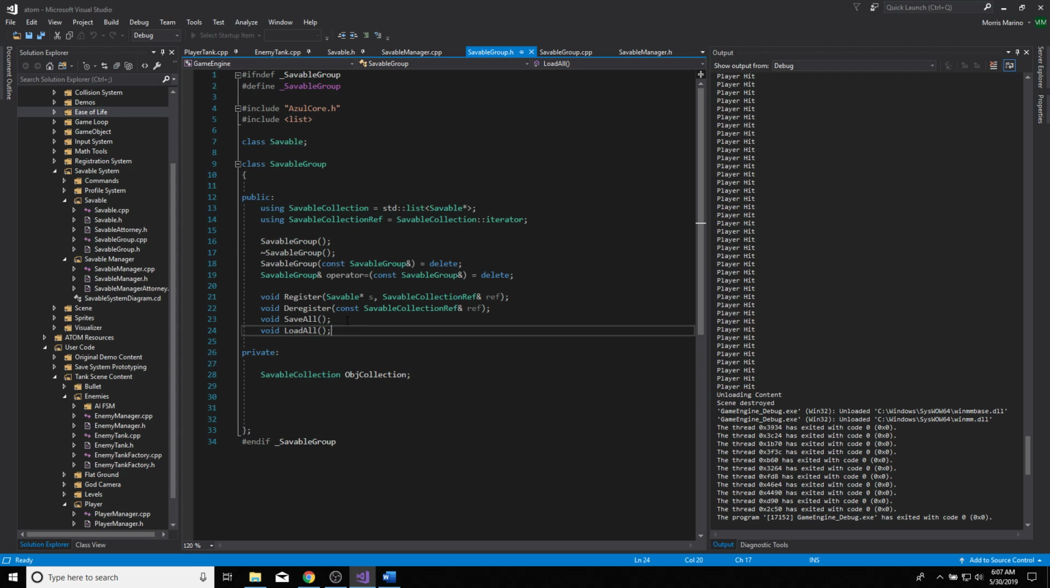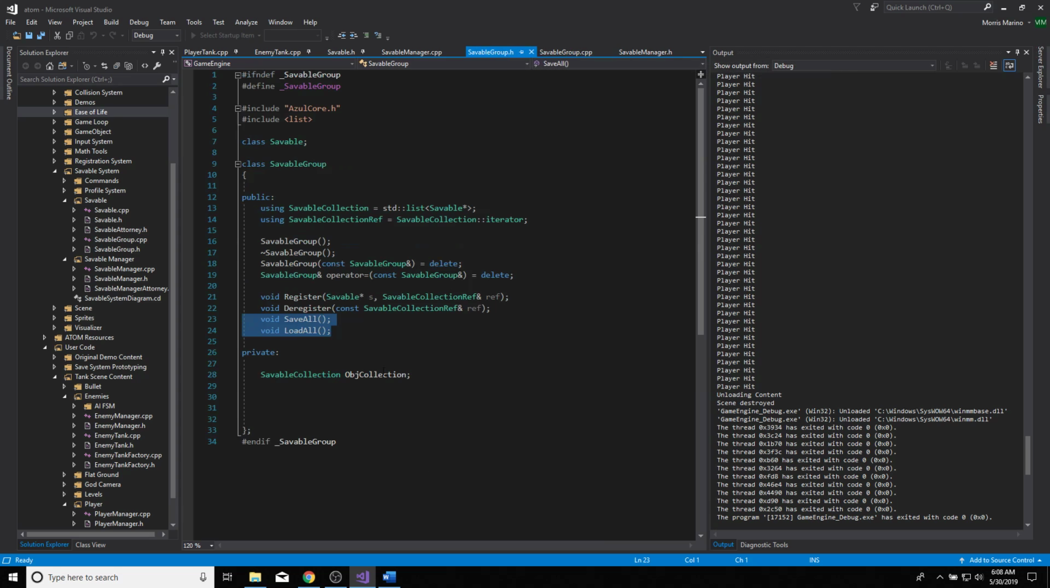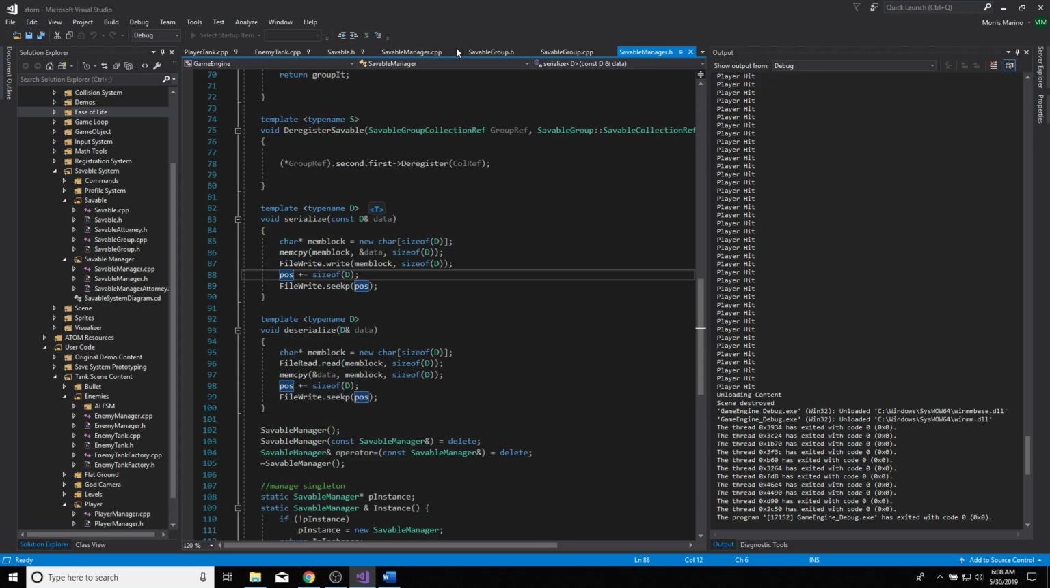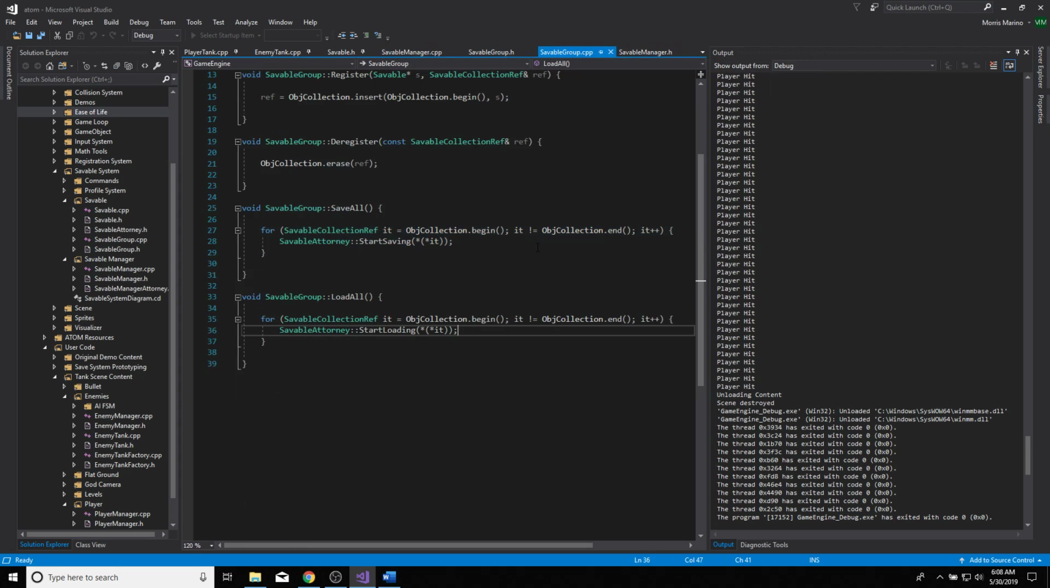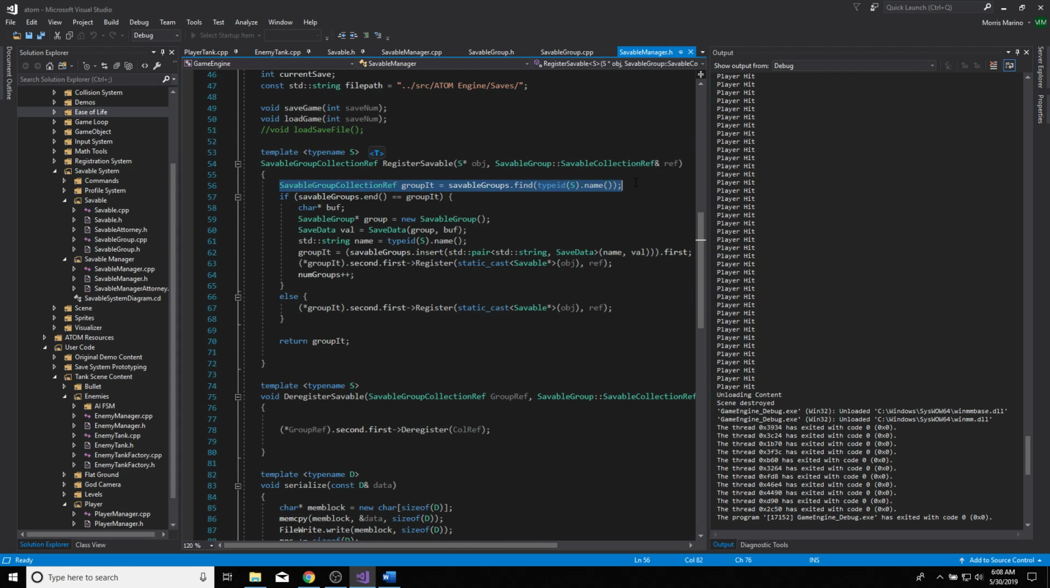So this is similar to the groups from the collision system, but also different. The main difference being these functions here to save all the objects that it has inside of it. Also each savable group will represent a specific user-defined class that is registered to save. So basically, every time a class is registered to save, it will check and, okay, so we'll take